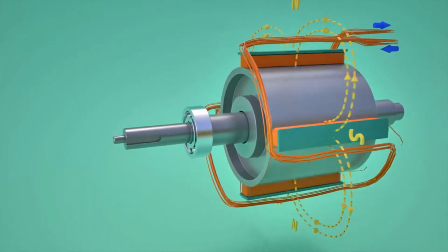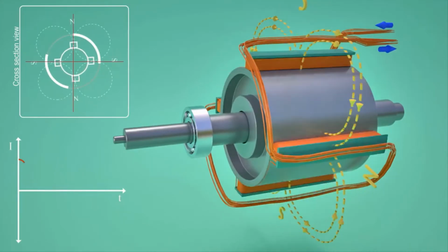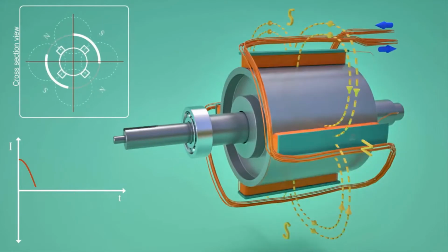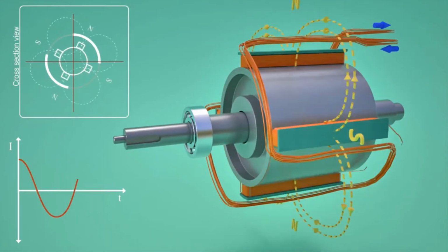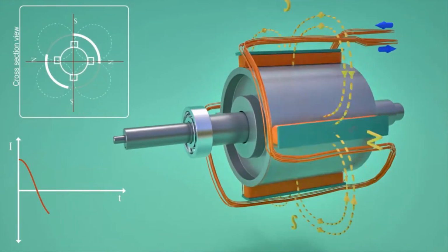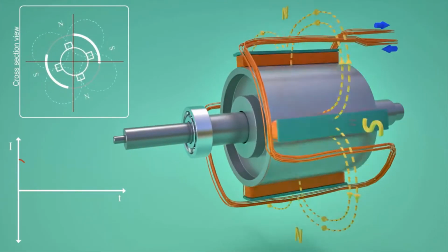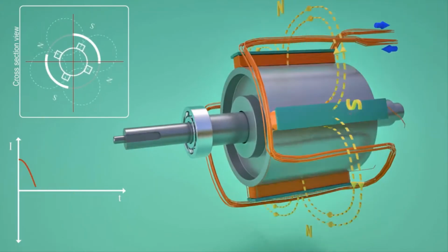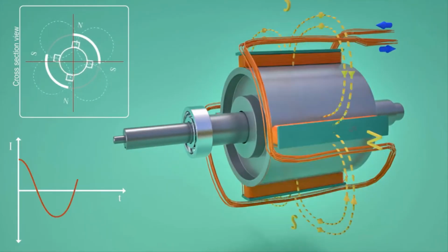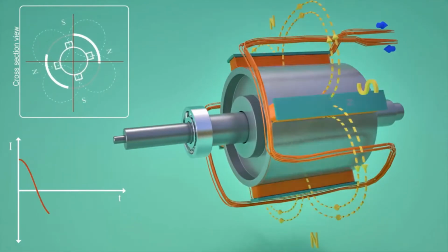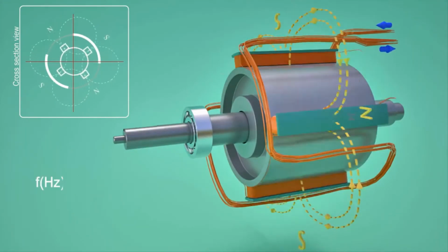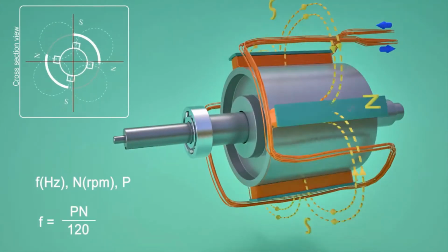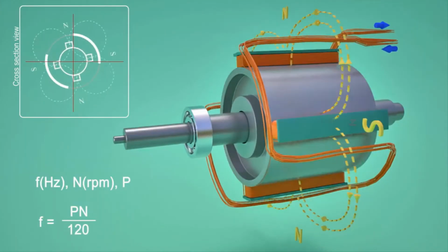Since a 4-pole rotor has 2 pairs of N-S poles, when the rotor turns a half revolution the induced EMF takes 1 complete cycle. So it is clear that the frequency of the induced EMF is directly proportional to the number of poles and rotor speed. It can be easily established that the frequency of induced EMF, rotor speed and number of poles are connected through the following relationship. It is clear from this relationship that the frequency of electricity produced is synchronized with the mechanical rotational speed.